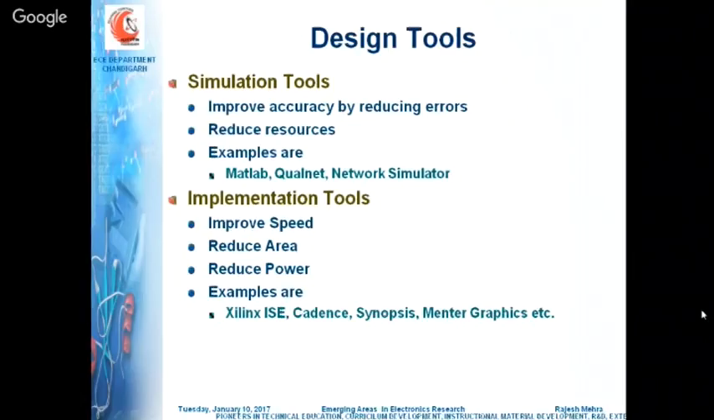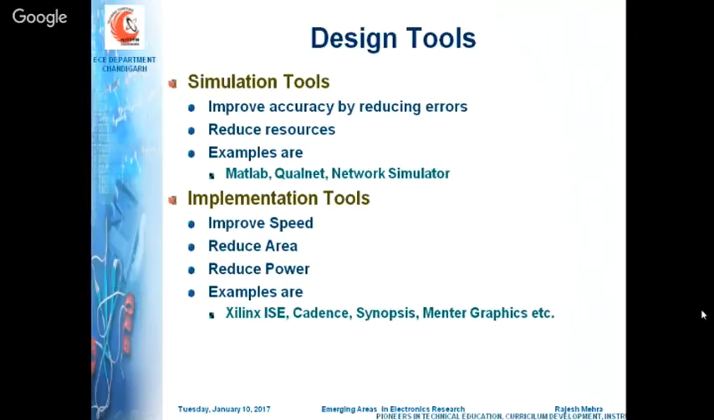Whenever we are performing our research on simulation tools, we always work on reducing the error, or sometimes you try to reduce the resources. Resources in terms of multipliers, adders, and memory effectively reduce the cost of your system. Examples of these simulation tools are MATLAB, QualNet, Network Simulator, Scilab, and many other software. But if you are designing something, simulation of that particular thing on a PC doesn't mean that the same thing is going to work in the actual environment,